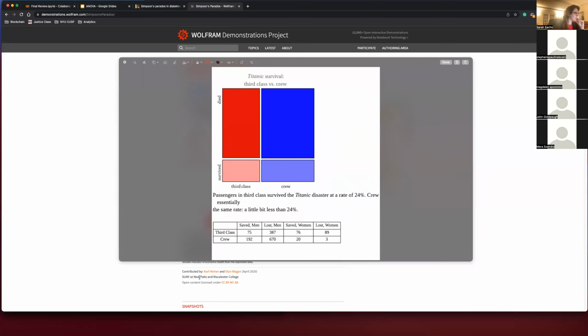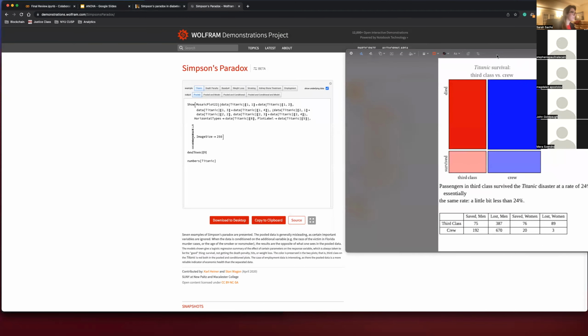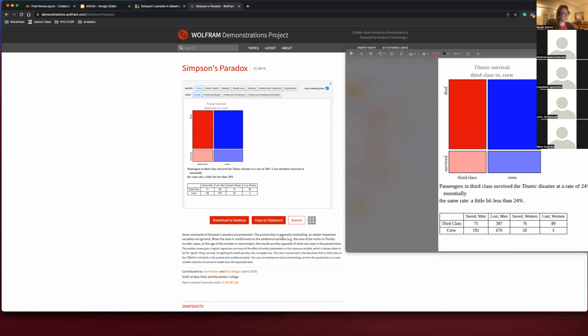Oh, this is from Carl Heiner. This was who I studied statistics with back at SUNY New Paltz. That's why I know about this. That's great. So it's just talking about how the pooled data is misleading,